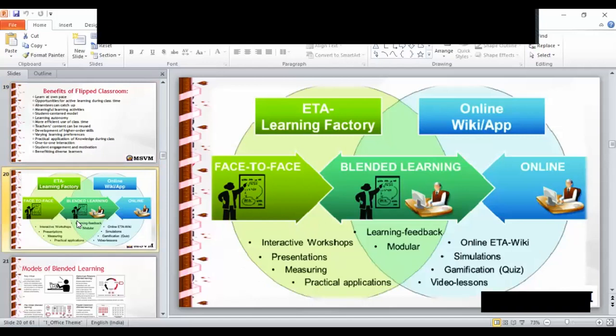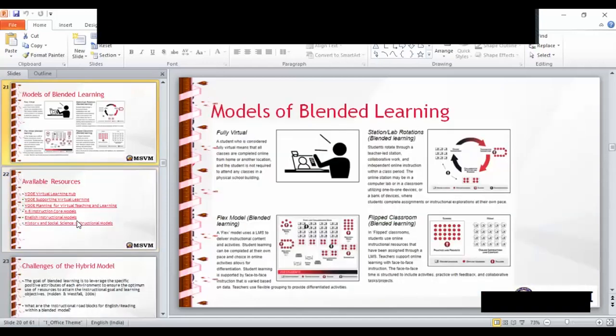So we can take many kinds of help from face-to-face, blended learning and online tools, like the ETA Learning Factory and online wiki app, interactive workshops, presentations, practical applications, learning feedback model, and like that. We know very well the models of blended learning, and you are able to see them on your screen.